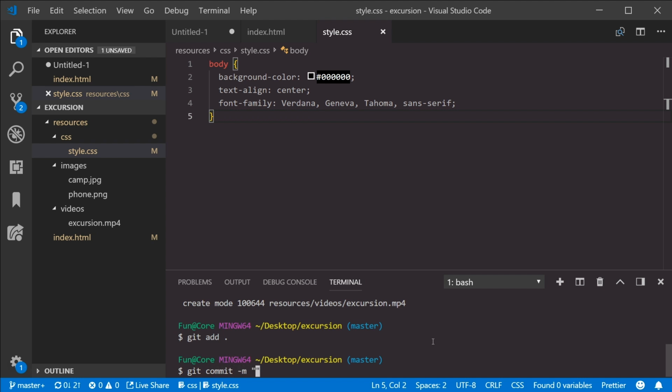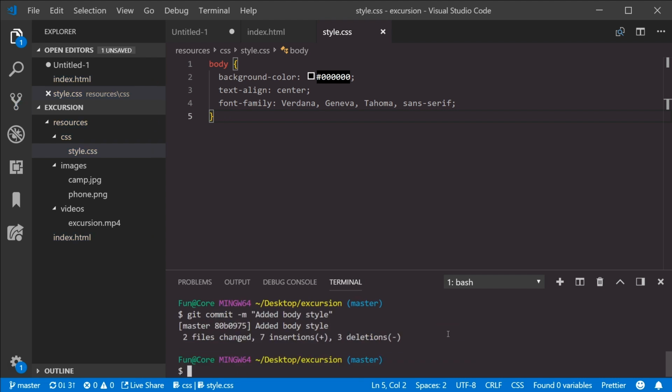Flag M, and for our message we're just going to put, let's see, added body style. Great, and that's committed. So let's go ahead and go back over to our design mockup, and we'll get started